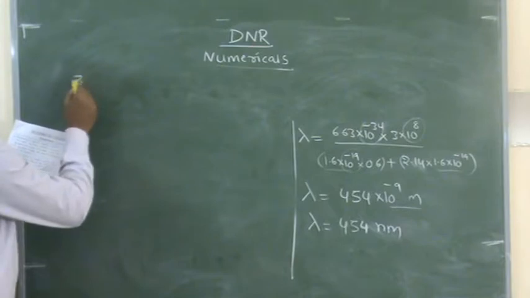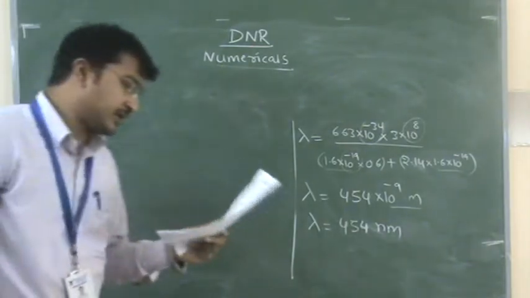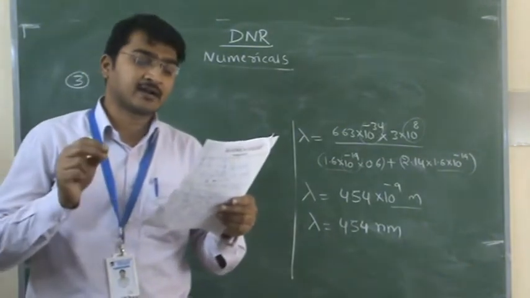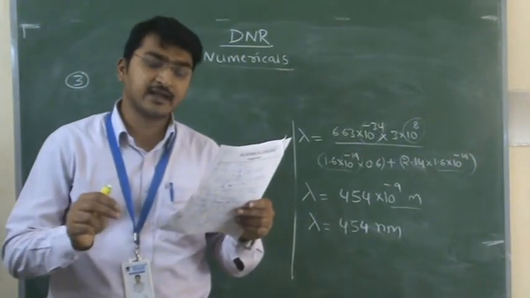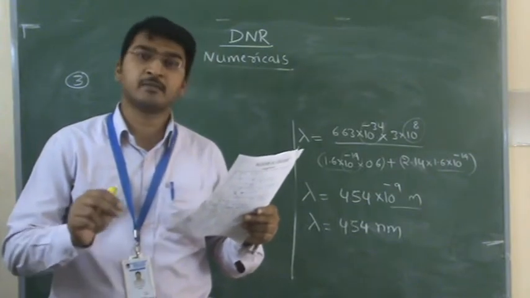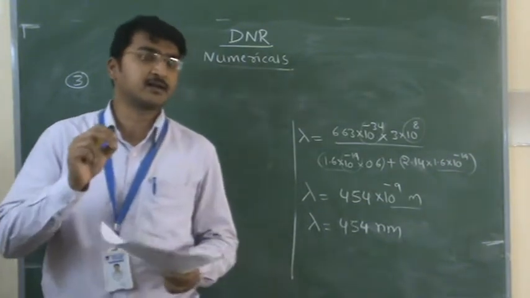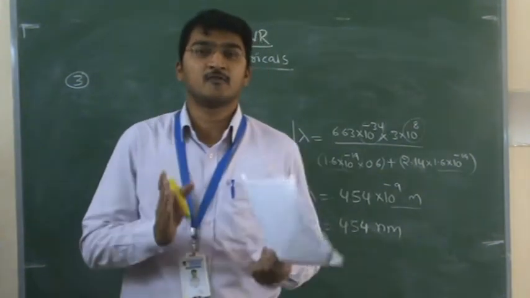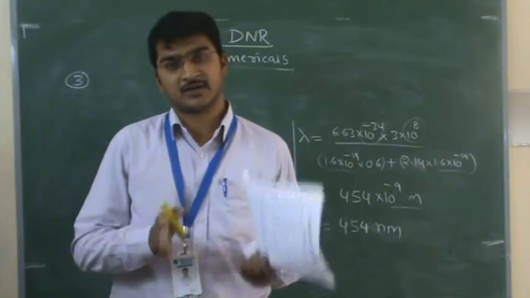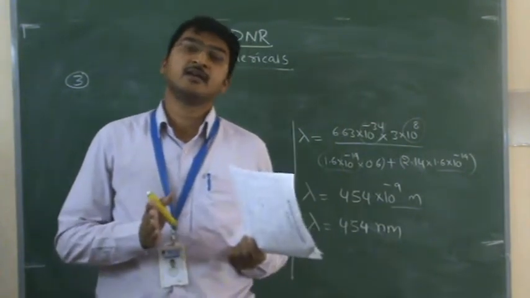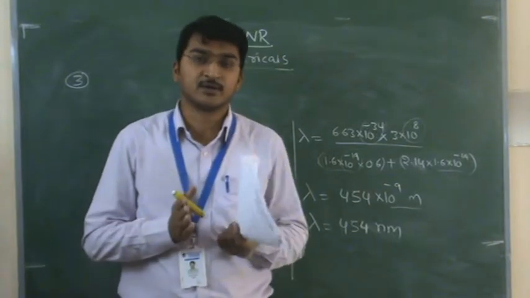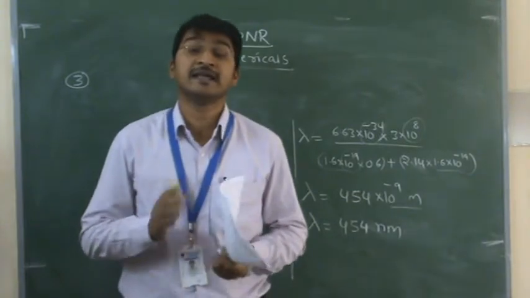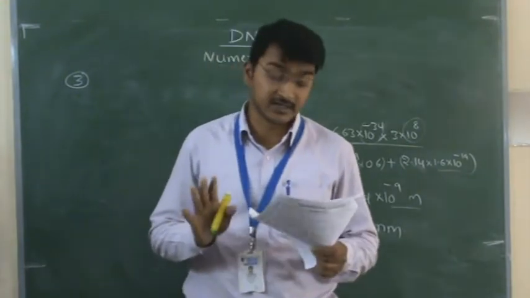So question number 3, it's a simple, easy one. The photoelectric cutoff voltage in a certain experiment is 1.5 volts. What is meant by this cutoff voltage? Here, cutoff voltage is nothing but stopping potential. Remember it. Where the photoelectric current becomes zero, that we call stopping potential, and it is also called cutoff voltage.